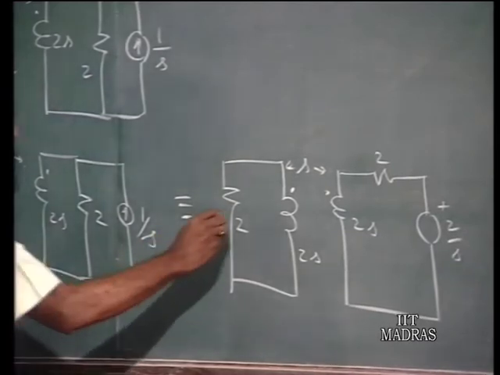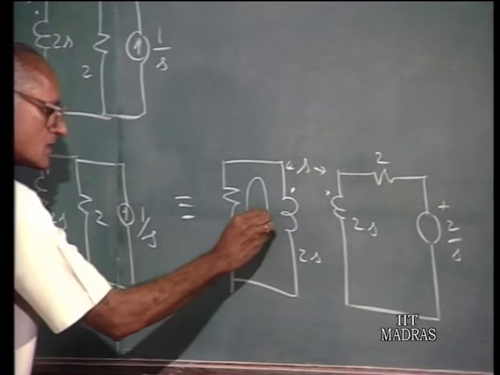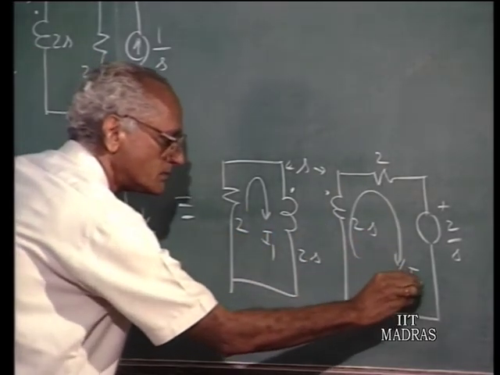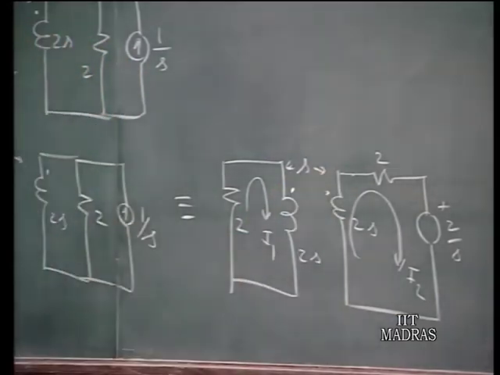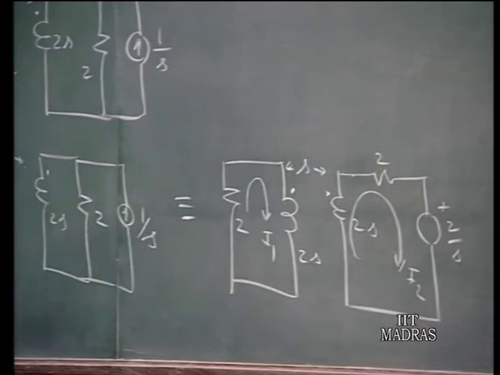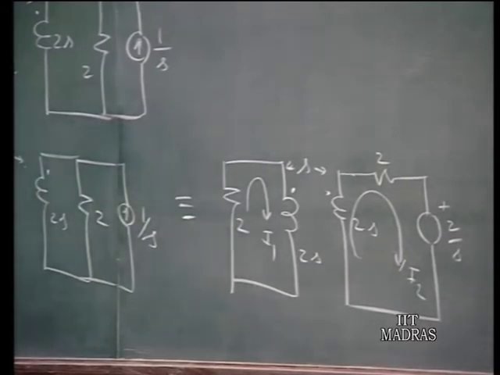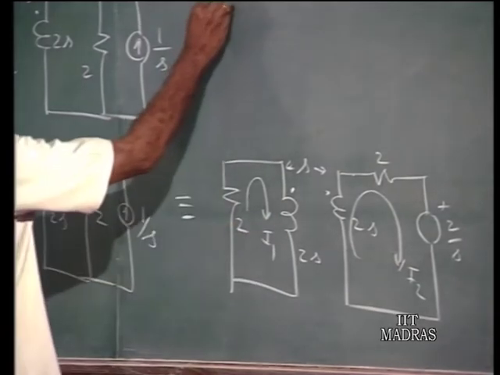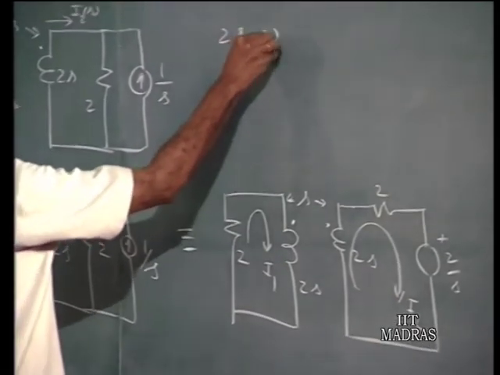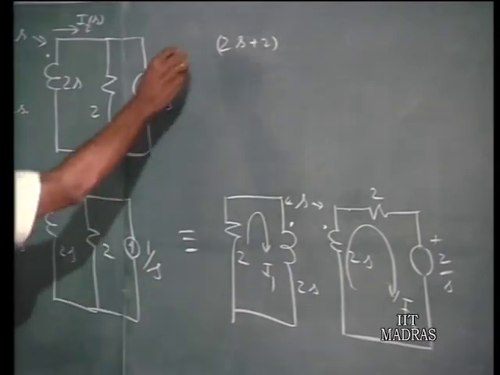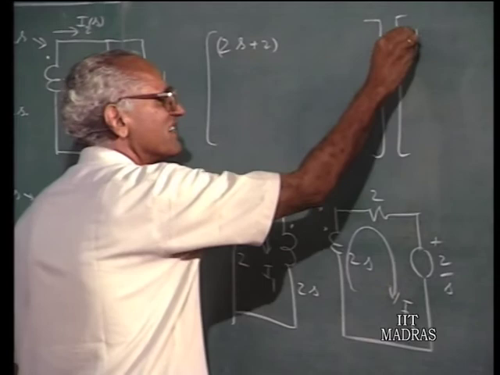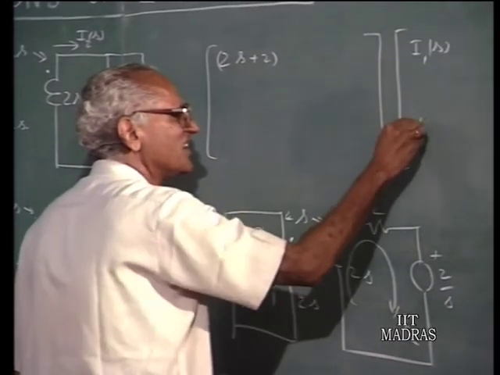So, if I write the two loop equations with loop currents I1 and I2, the current here is what we are interested in, that is the same as I2, the current in this coil. Therefore, the identity of that current is retained, and you write the loop equations for this. I can write these loop equations in matrix form because they are quite simple and easy to visualize. So, I write I1 of S and I2 of S,